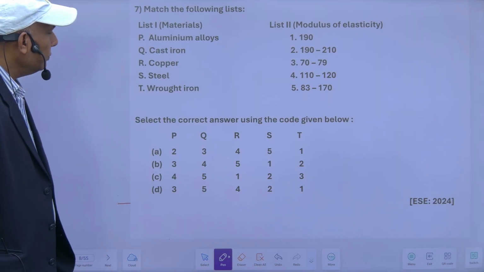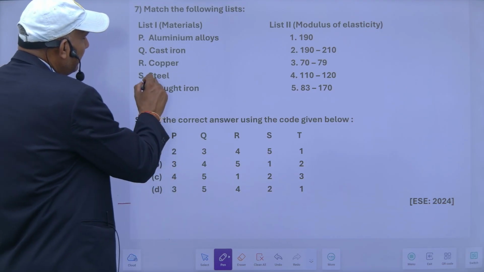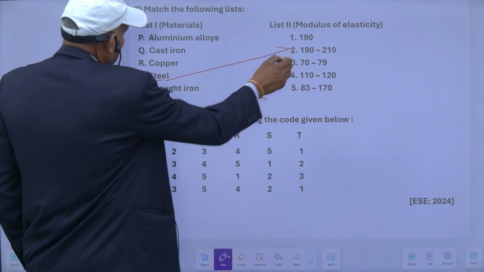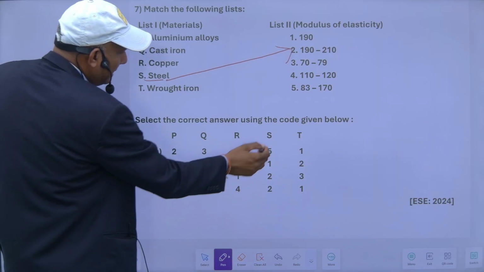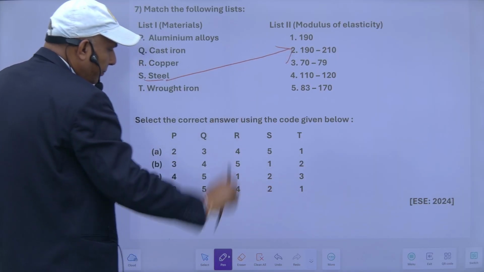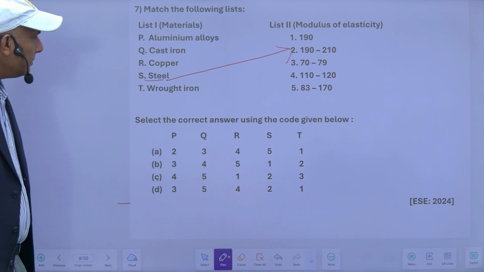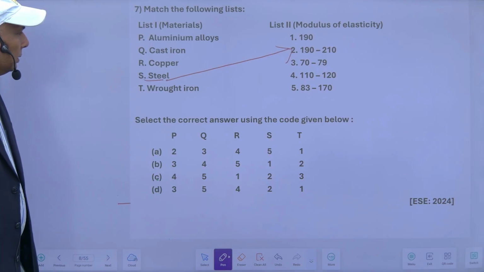We know the modulus of elasticity of steel is this one. S is 2. So S2 means this one and this one. So your correct answer is between C and D. This is one thing. Second,